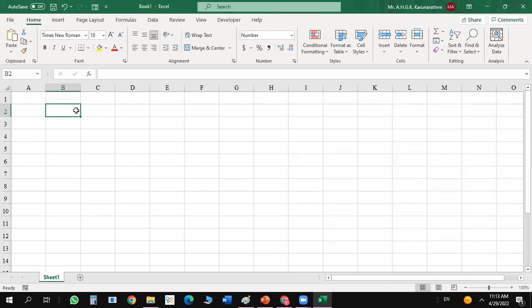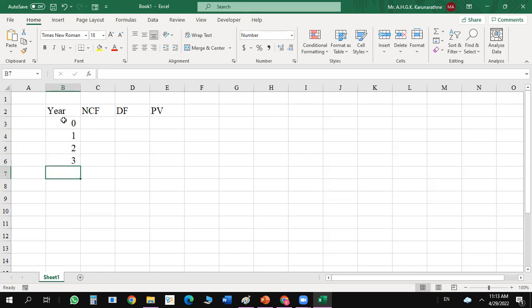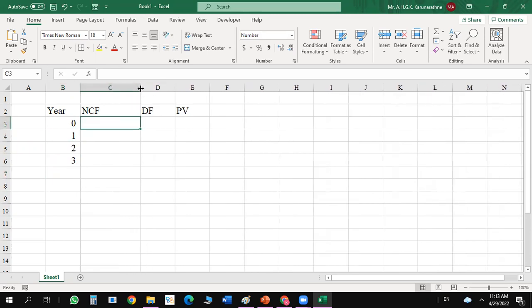So how do you usually compute this NPV? We'll say year, net cash flow, discount factor and present value. So here we'll say year 0, year 1, year 2, year 3, and net cash flows 10 million,